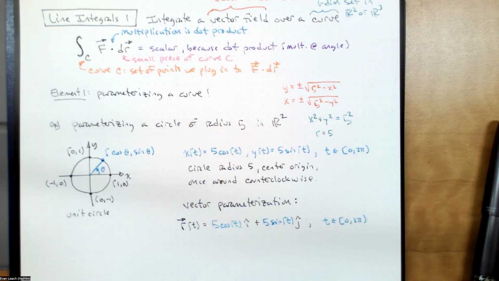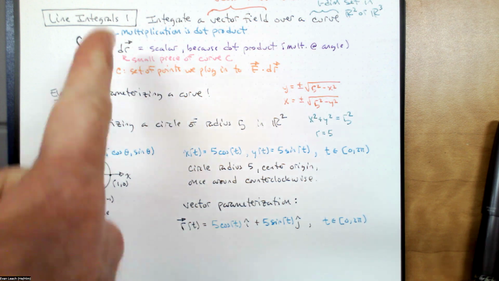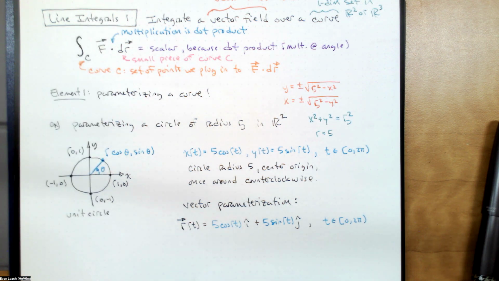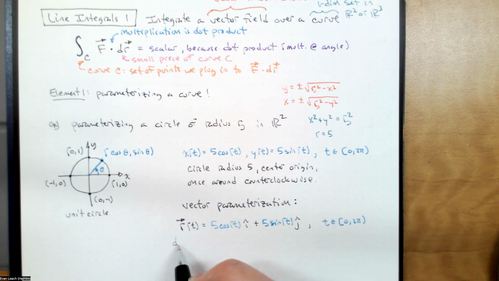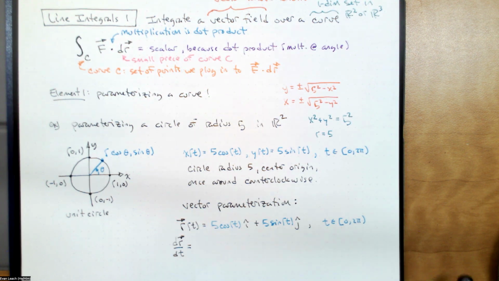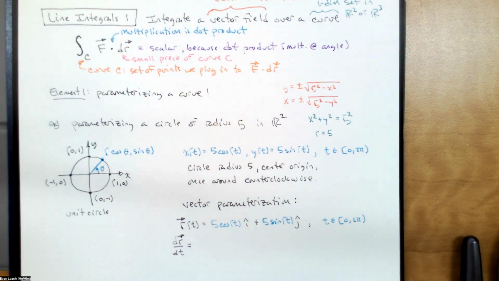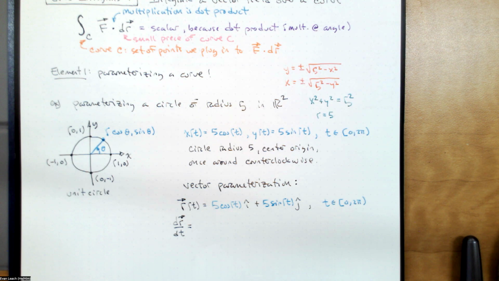That's going to give us a small discrete piece of the curve that's tangent to the curve. So what we want for the dr is the derivative of our parameterization